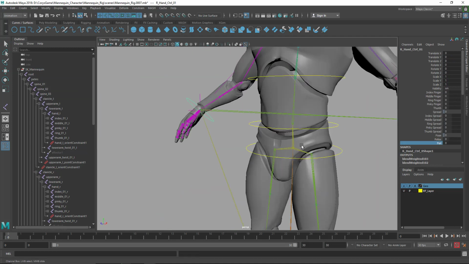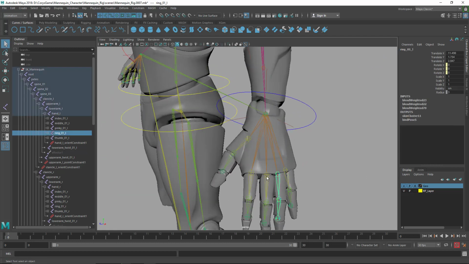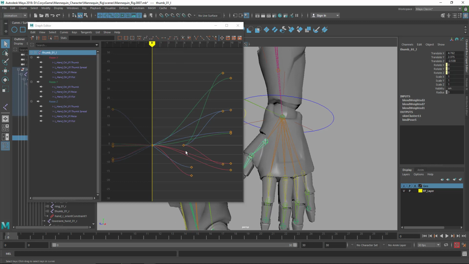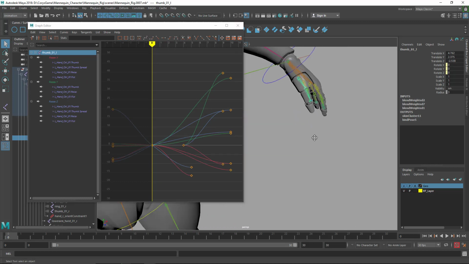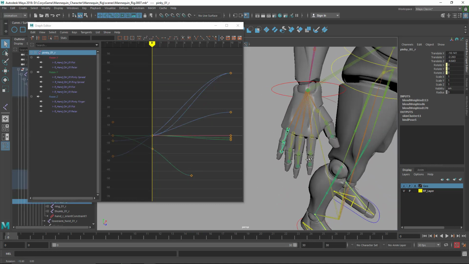There it is. So I'm just going to double check here. So I think we went 1, and we went 2. 1, 2, 3, 4. I'm just going to double check this again. So graph editor. So yeah, pinky was at 0, then we went 1, 2, 3, and then 4. So that's pretty easy to remember. So let's take a look at the other hand. Pinky was fine